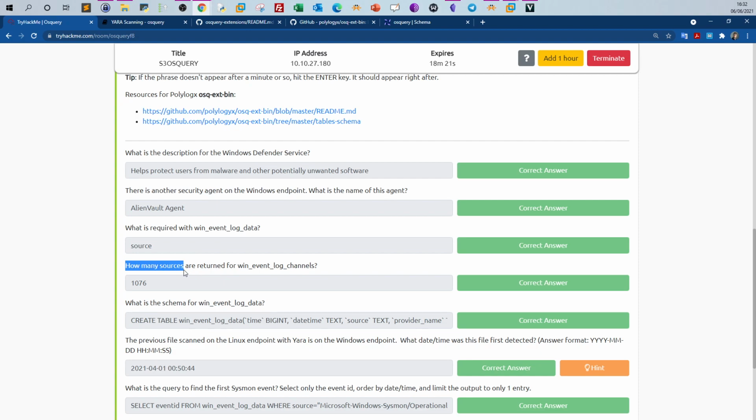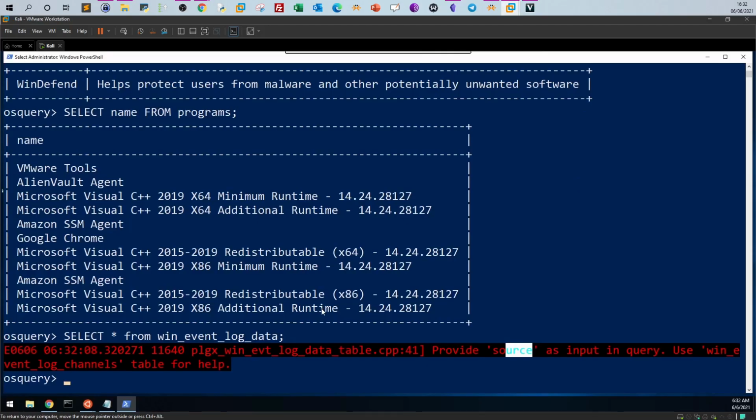How many sources are returned for one event log channel? Technically, to query the event log table, you have to provide the source. The source is the provider name in the event log, such as security, applications, system. You provide the source by querying the sources from WinEventLog channels. Let's display the sources. Select star from